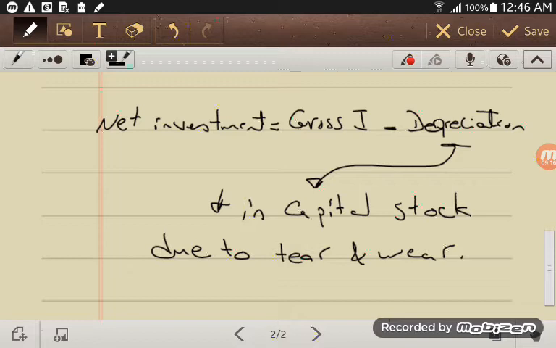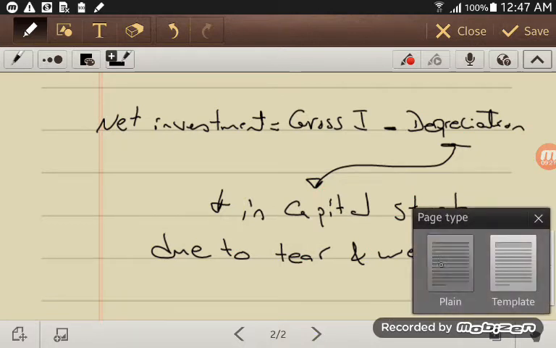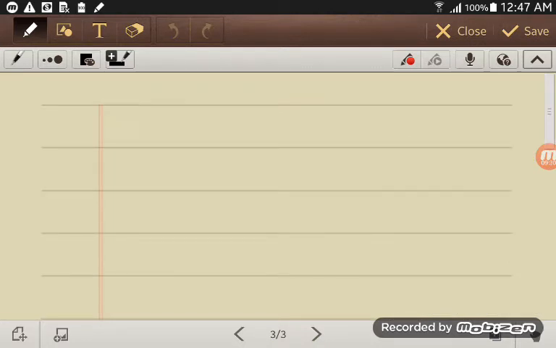Okay. Example. If you are given the following,